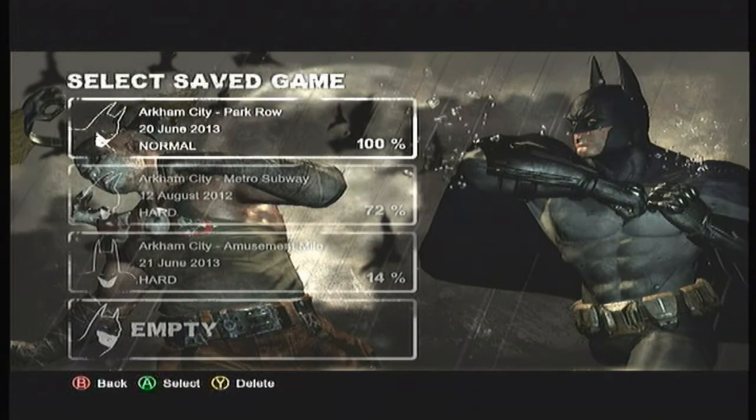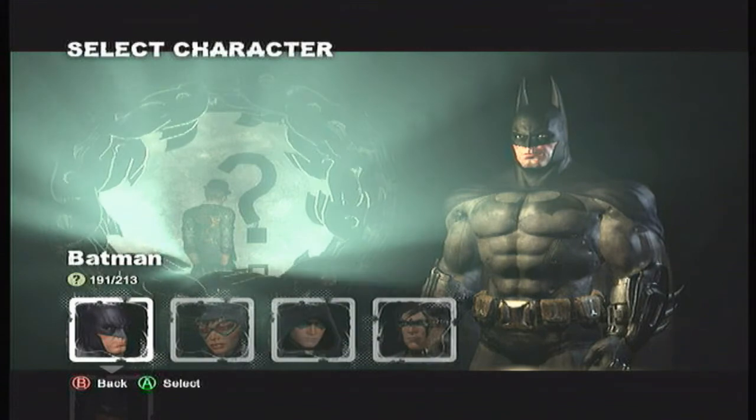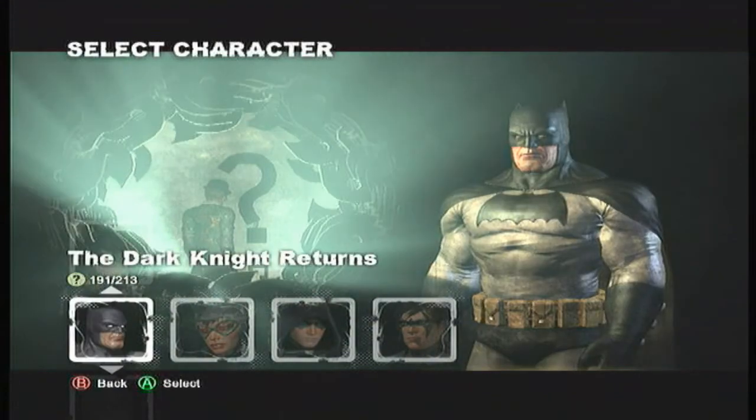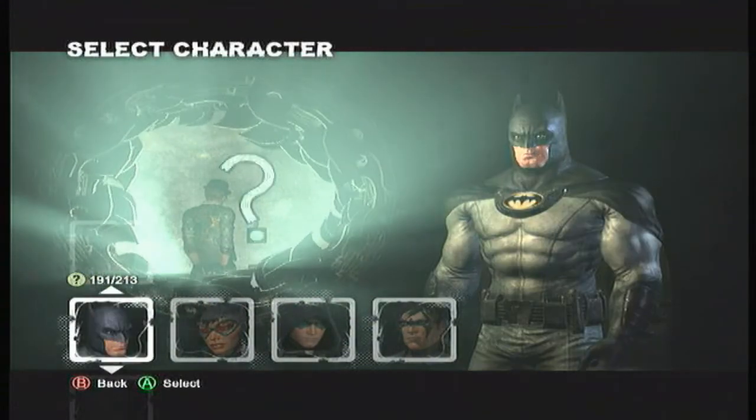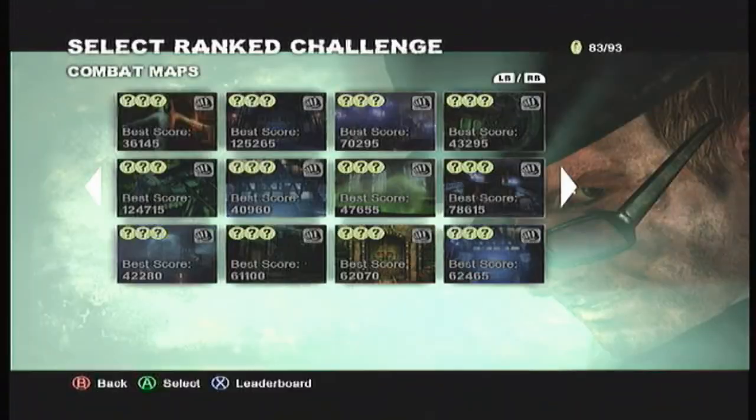So for this, I'm going to play on the Iceberg Lounge VIP room, and I'm going to use Batman for this. For my last video I used Catwoman, and in my opinion, it's actually easier to play with Batman than it is with Catwoman. On the surface, it may seem like Catwoman is easier because she's faster than Batman, but